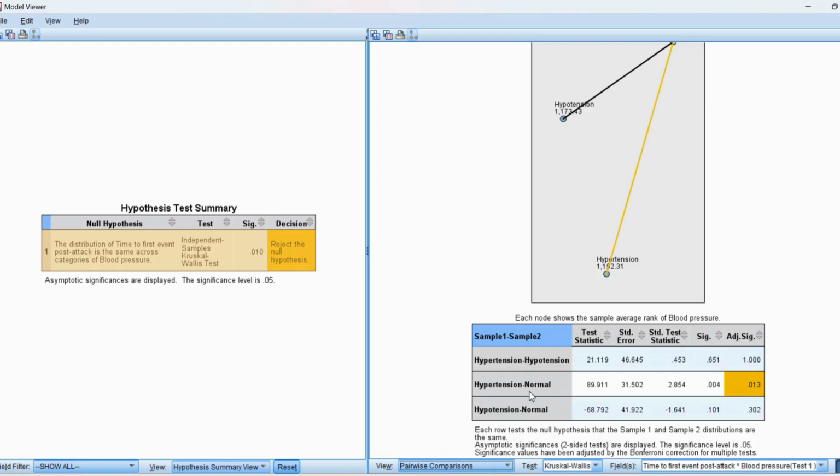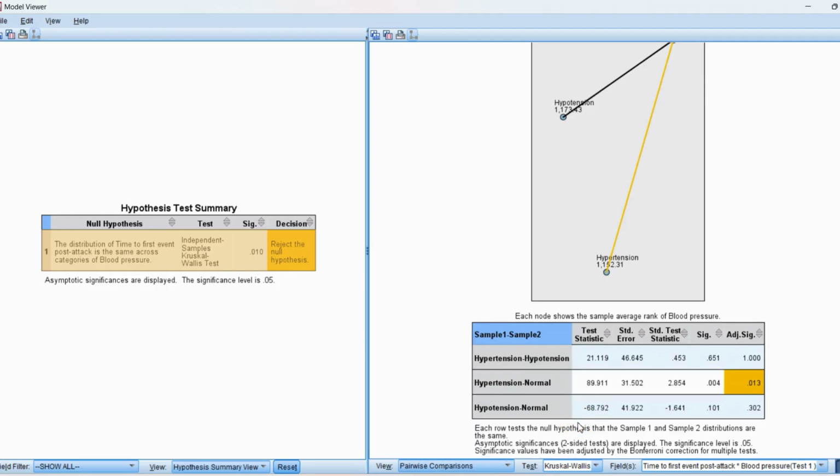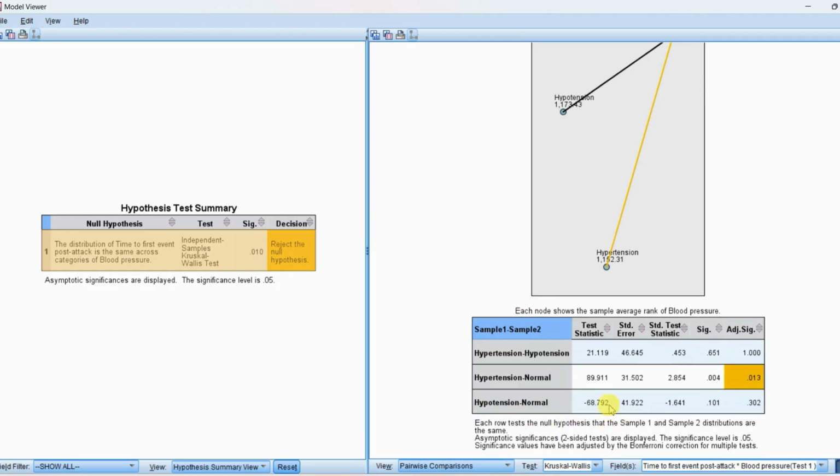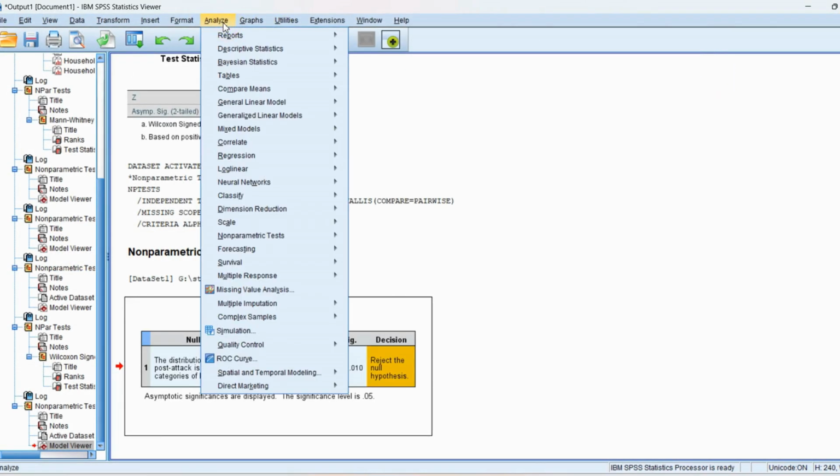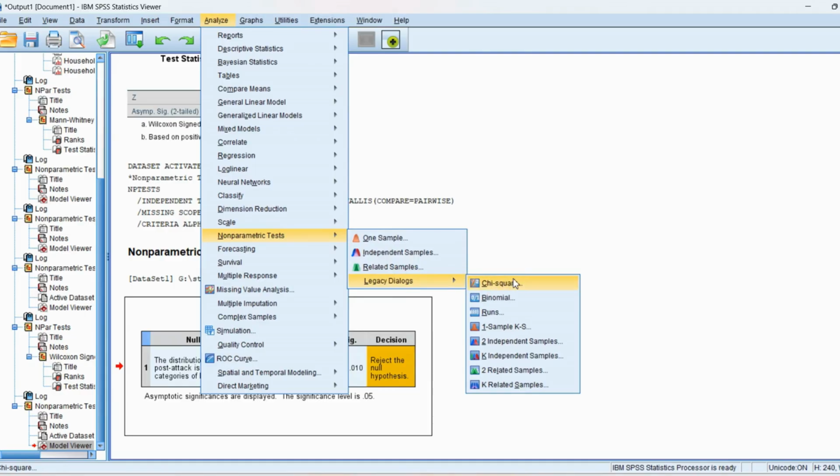Here you see that the difference is significant between the groups normal and hypertension, and the results have been adjusted using the Bonferroni correction. You can also do the test by going through Analyze, Non-Parametric Tests, Legacy Dialogues, K independent samples,